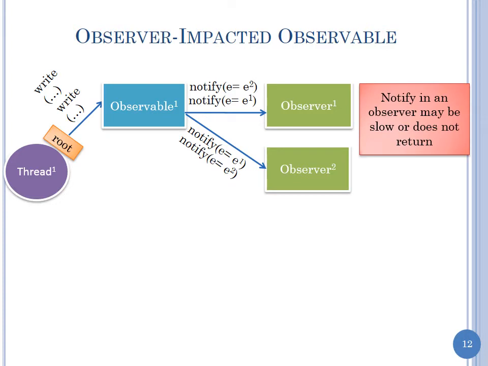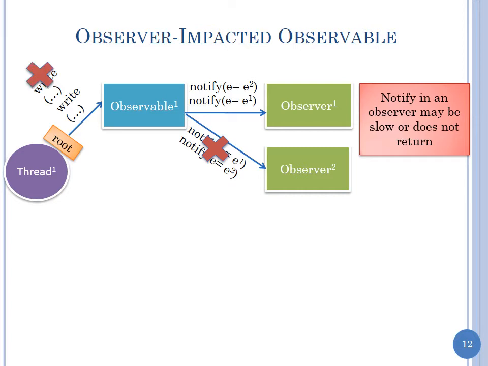Let's say notifying an observer is really slow, or it's in an infinite loop. There's no way to prevent that. Remember, this is an up call. The observable can't control what the observer is doing. That's the whole point. The observable is supposed to be oblivious of what the observers do. So if that notification is slow, or if it never returns,